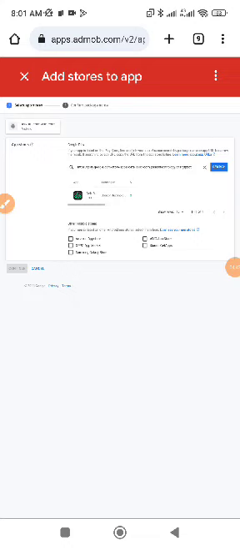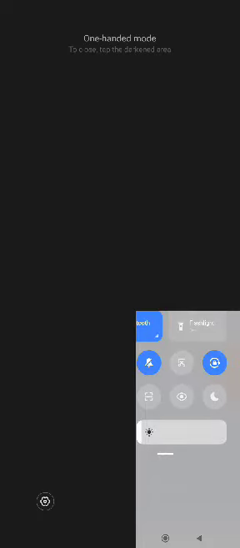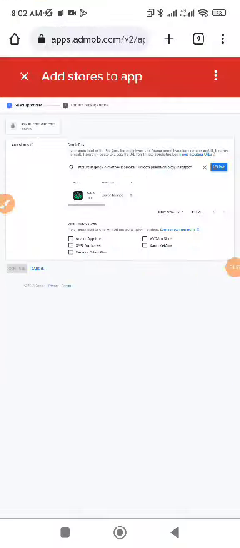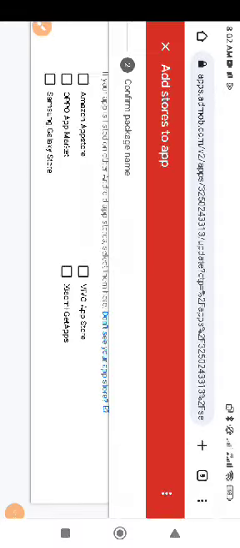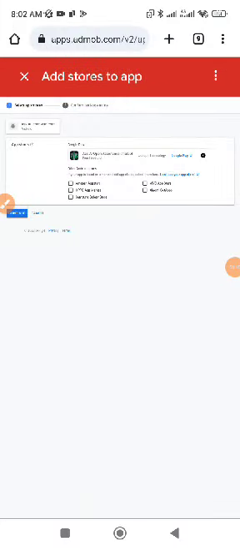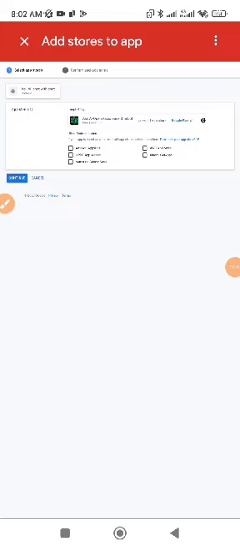If you are using your phone to do this, you have to turn your phone sideways, as if you want to watch a movie. You have to turn your phone in order to see the Add option for the Google Play Store app. If you don't turn your phone, you will not see it. So I click on Add, and you can return your phone to normal. Now you can click on Continue. But if you're using a laptop, you will see the Add feature immediately. So click on Continue